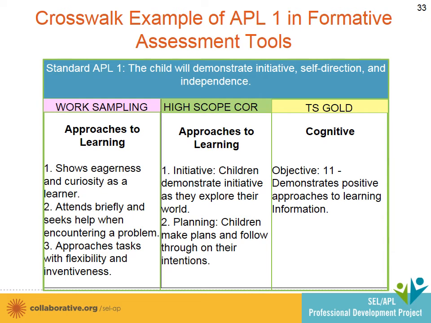These 3 research-based formative assessment tools have been approved by EEC for use in the Massachusetts Early Education programs. The 3 columns include indicators from each tool that are related to the APL 1 standard. Even though there are some differences in the indicators, all 3 of the tools can help teachers understand children's development